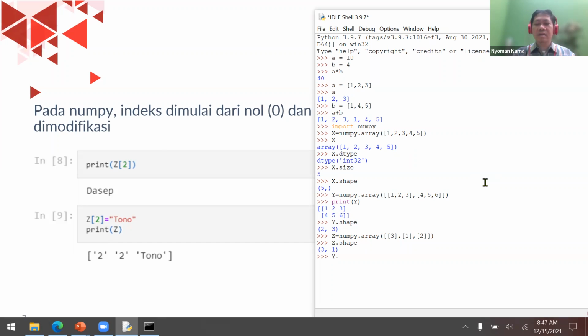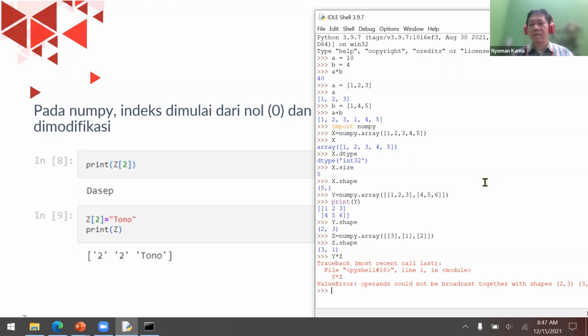Now, how about if I want to multiply y and z? y times z. It will give an error. Why? Because multiplication in this case only works for the basic module of Python. But in this case, we are using NumPy. Because NumPy is the one that created the array, only NumPy can understand how to deal with this specific data type.